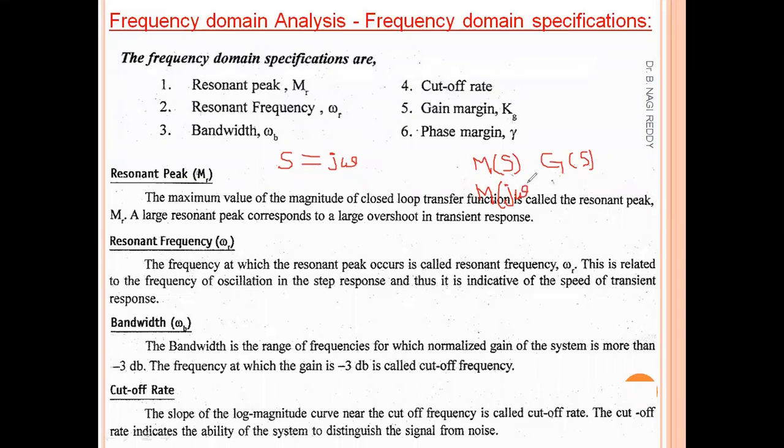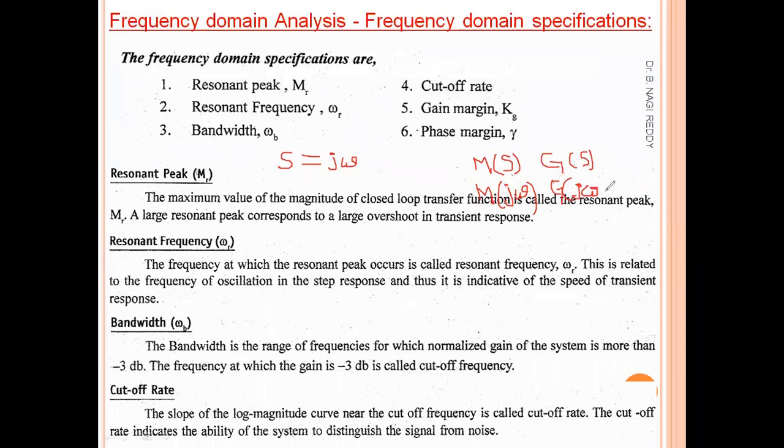We have already practiced this in root locus step number 6, in order to determine the crossover point on the imaginary axis. We have calculated omega and K. So in that step also we substituted j omega in the place of S. Okay, so the same thing we have to do here in the frequency analysis also. So M of j omega is the closed loop transfer function representation, and G of j omega is the open loop transfer function representation.